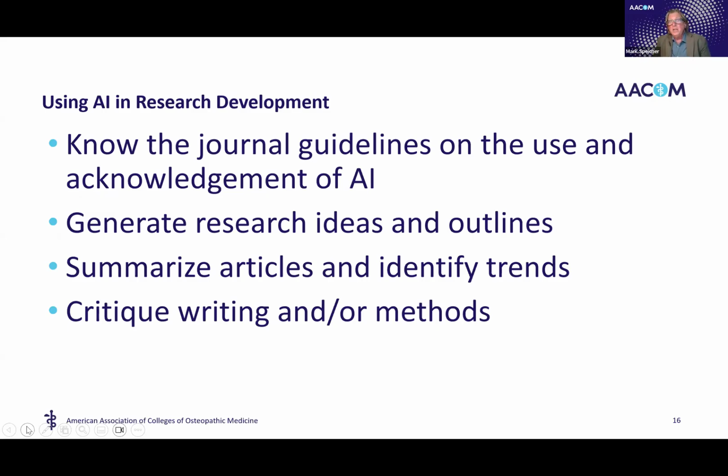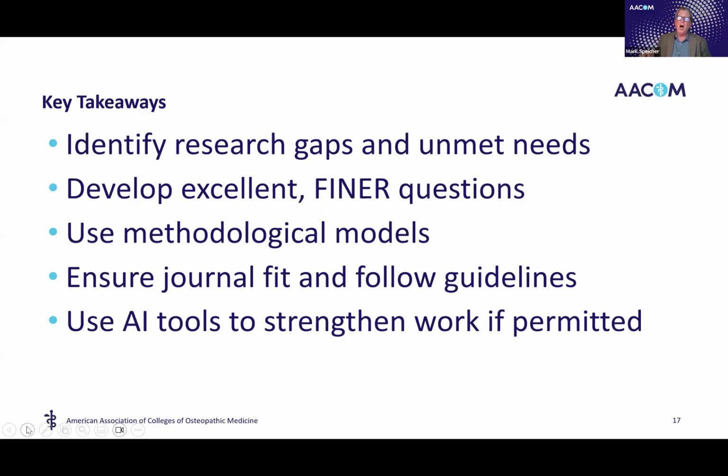It's awesome. It can help you generate research ideas and outlines of research. It can help you summarize articles and identify trends among articles. And it can be your own personal reviewer too. Reviewer two is sort of an inside joke. That's the hard reviewer, the one that nitpicks all the aspects of your paper and tells you how terrible it is and you should never submit another paper anywhere again. And AI can be your reviewer too, and really give you a good idea of how you might improve your paper before submitting it. But again, always read the journal's guidelines